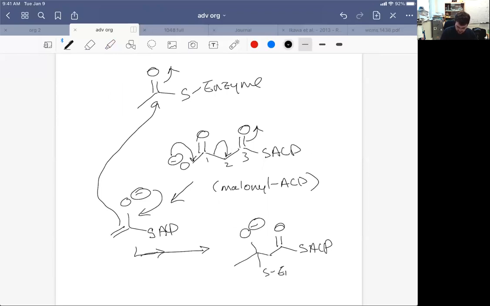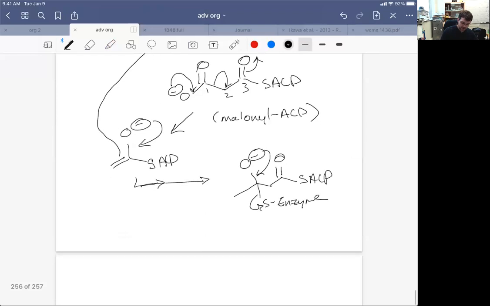And then the S enzyme is released and picks up a hydrogen from who knows where, and that gives rise to the beta keto thioester, which then, remember, gets reduced to the alcohol, lose water, hydrogenate, or just add NADH to the alpha beta unsaturated system. And you can think about that beta position as electrophilic to accept H minus, and then we are back to where we started. We did it. We covered the biosynthesis in some detail, at least, of